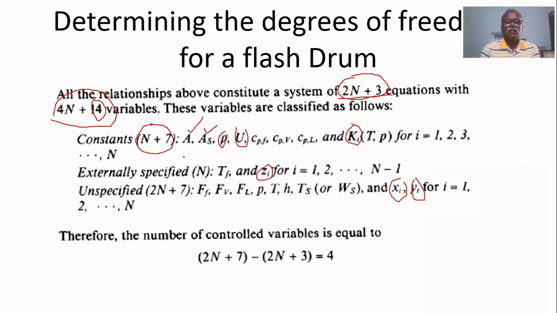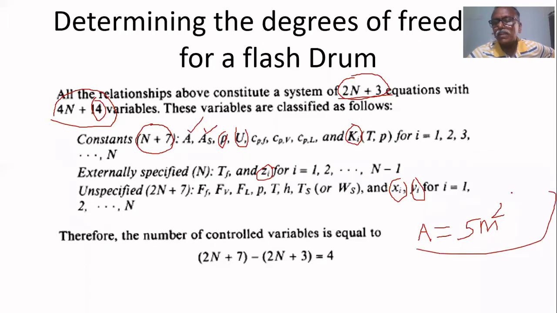Initially, we thought that they are variables, but how will you write a constant? A is a constant. It means what? A equal to, what is area of cross section? 5 meter square. If you write like that, this is one equation. So for constants, you will get n plus 7 equations. So this can be subtracted from the variables. N plus 7, if you subtract, you will get only 3n plus 7